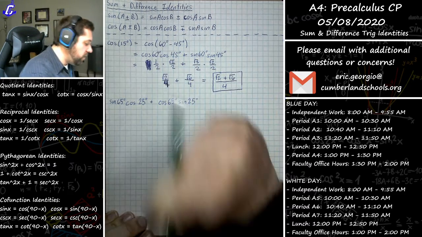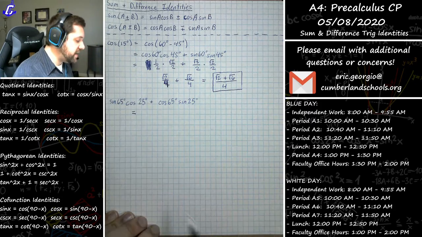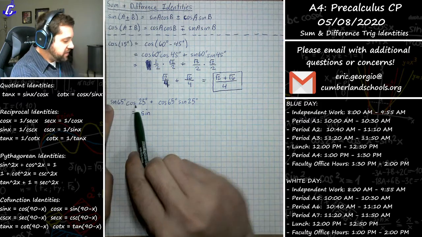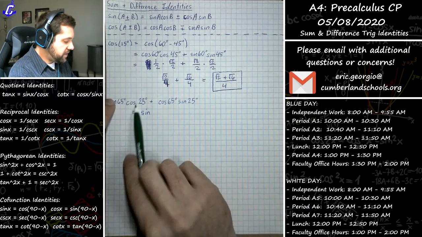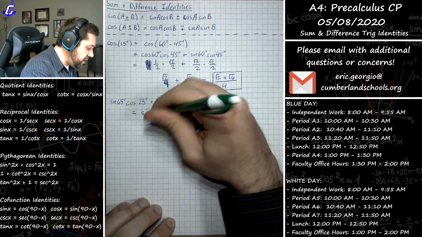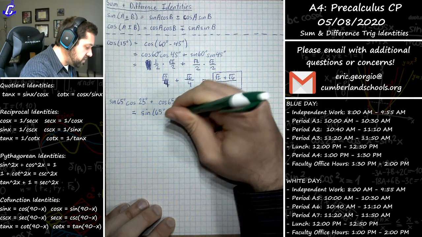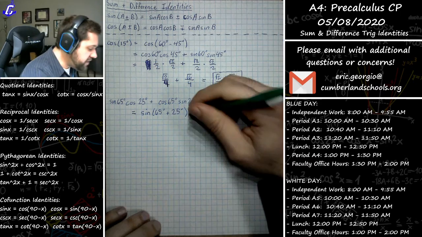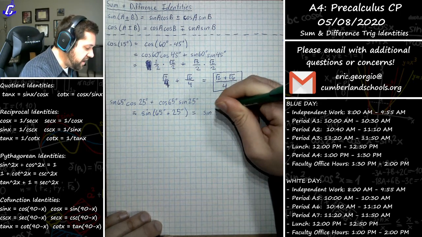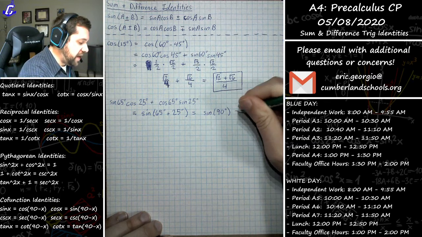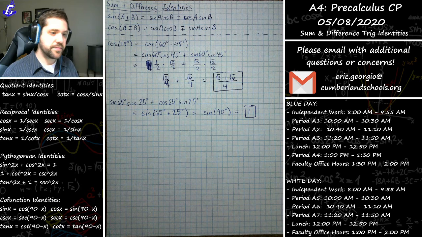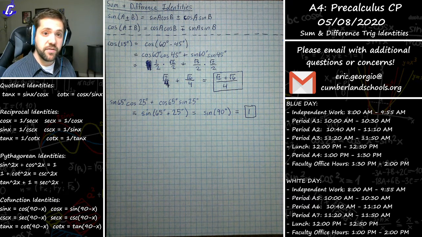And so that's equivalent by the sum and difference identity to the sine, and the reason it's sine is because the pieces all line up with that sine formula up at the top, of a plus b, 65 degrees plus 25 degrees. What's 65 degrees plus 25 degrees? That's going to be the sine of 90 degrees, and the sine of 90 degrees is, of course, 1. Does that make sense to everybody? Hopefully we're good on that front.